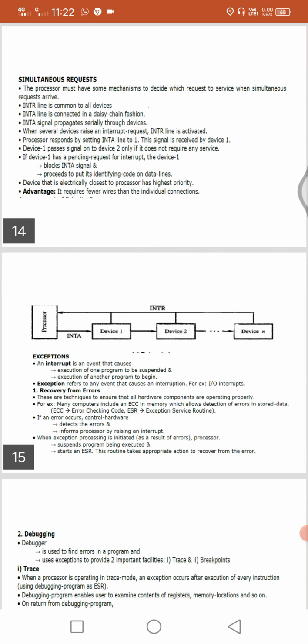The device that is electrically closest to the processor has the highest priority, so based on priority we execute that device first. The advantage is that it requires fewer wires than individual connections.